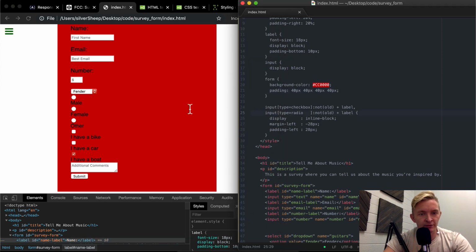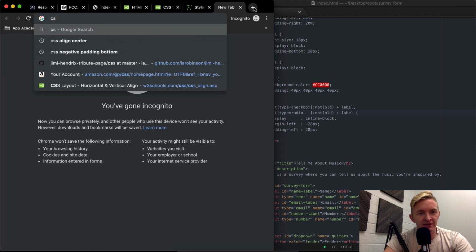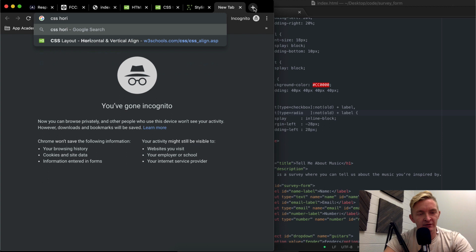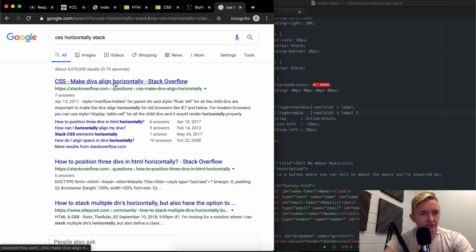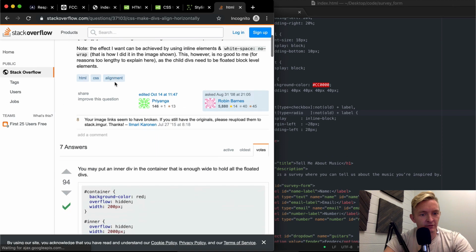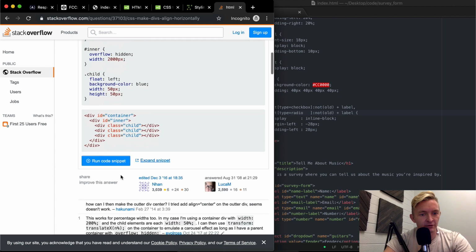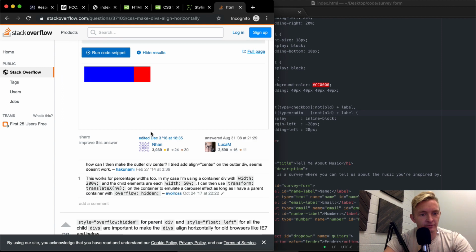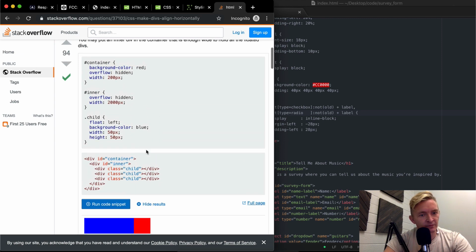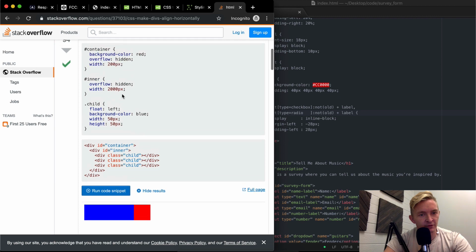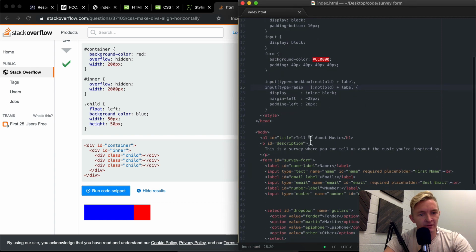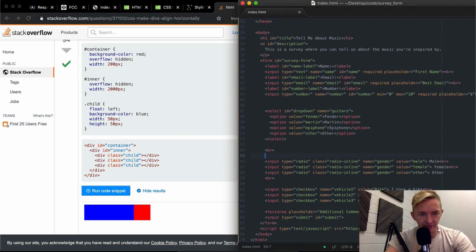Now, what was that? CSS horizontally stack. Inner, outer. Container has an overflow hidden width of 20. Inner is overflow hidden width of 2000 pixels. Child float. Okay, cool. So if we want the radio buttons to do that, we can be like